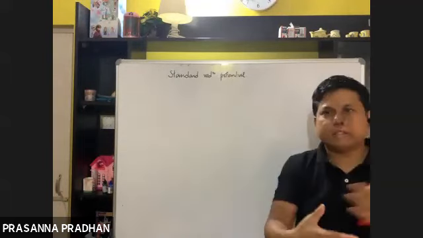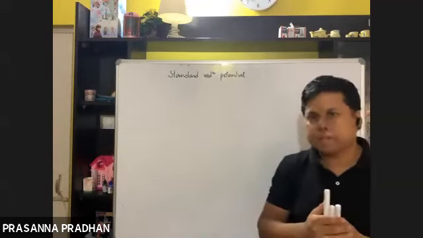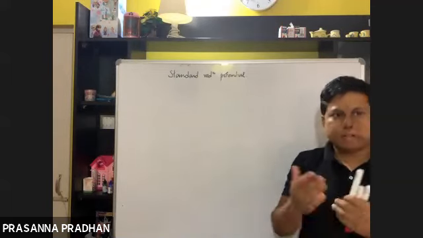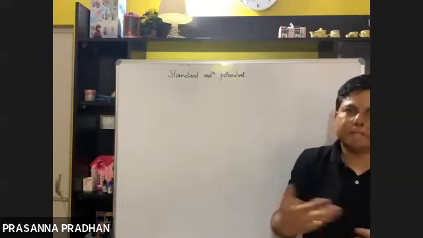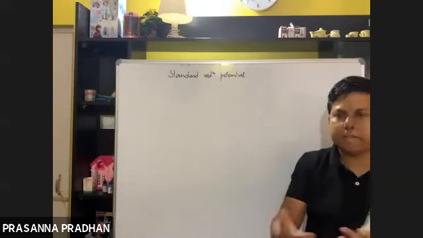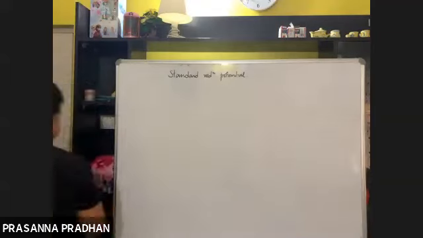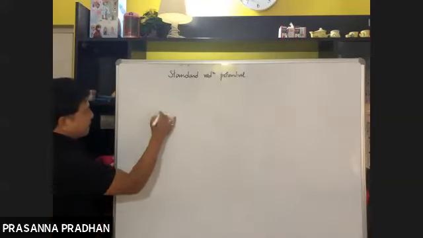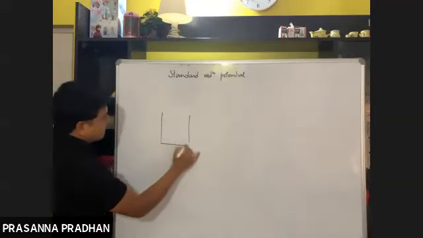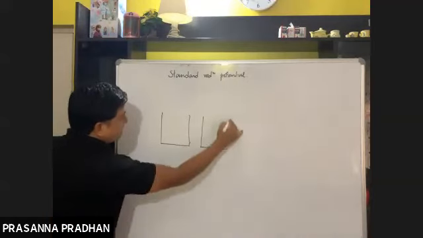And it's very easy to change oxidation potential into reduction potential. Just the values will remain the same, only the sign will change. If it is plus, it will be minus, and vice versa. Okay, fine. Now we have studied that there are two half cells. There are two half cells like this.